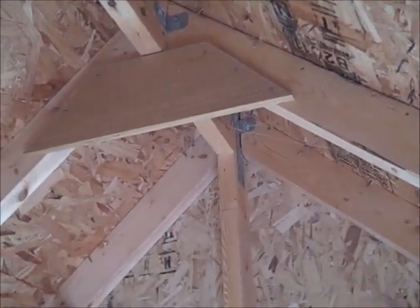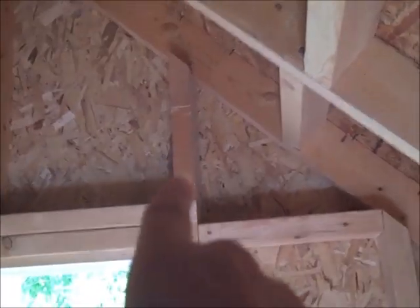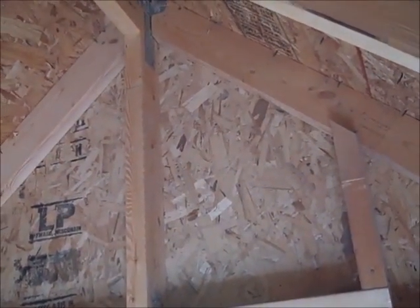And after I had the rafters up, then I finished framing this door wall by adding these 2x4s. And then same thing on the back side, but you can't see it because of the shelf that I have up there. And then I added the